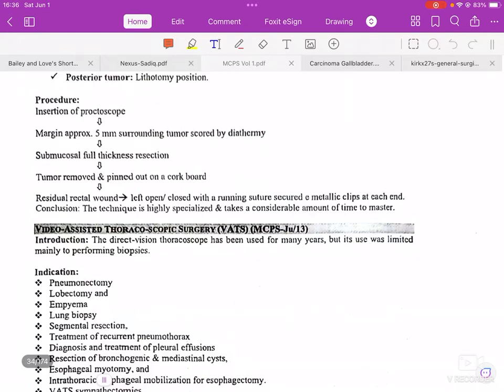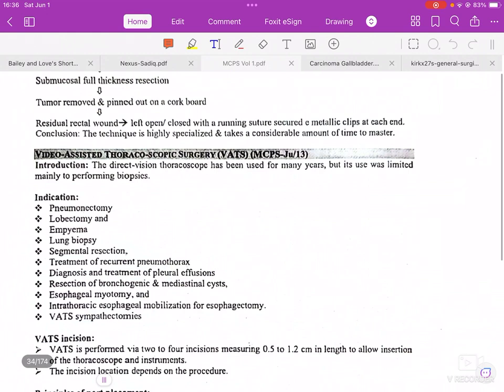So, video assisted thoracoscopic surgery, VATS, introduction. The direct vision of thoracoscopy has been used for many years, but its use was limited mainly to performing biopsies. Indications at first: pneumonectomy or lobectomy, empyema, lung biopsy, segmental resection, treatment of recurrent pneumothorax, diagnosis and treatment of the pleural effusion, resection of bronchogenic and mediastinal cyst, esophageal myomectomy and intrathoracic esophageal mobilization for